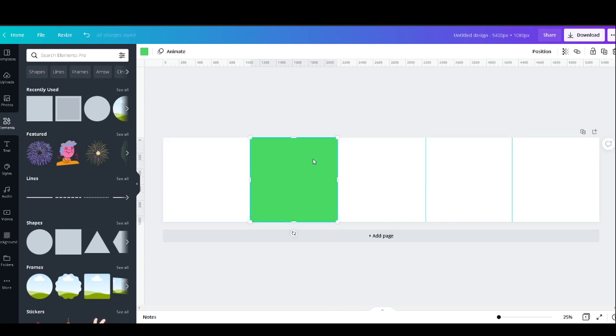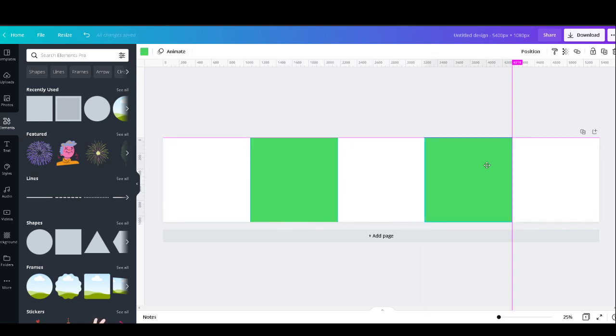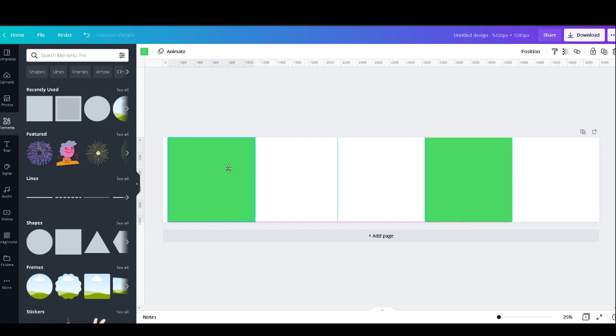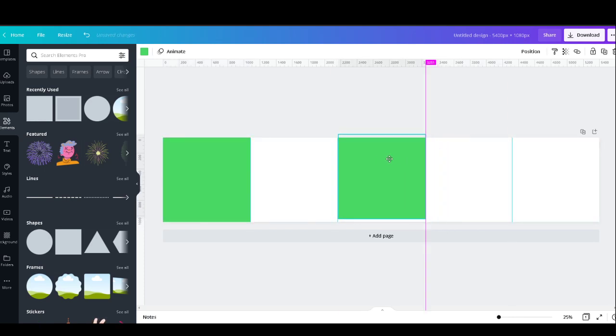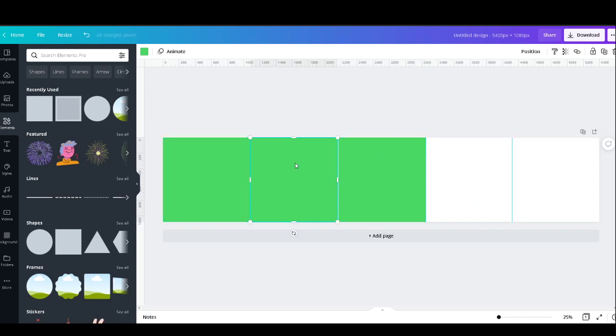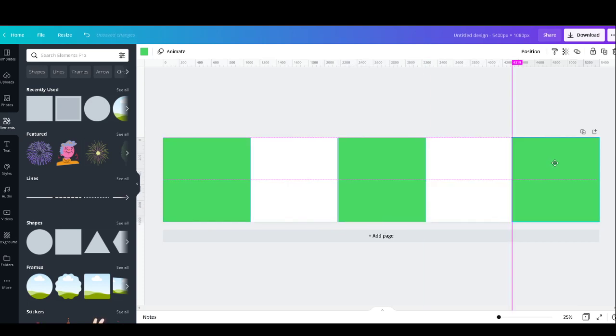Then Control C, Control V. We got another image of the same type. So we got a total of 2 green images, or you can drag it to the bottom, and you can drag again, and again you can copy here, and the final image.